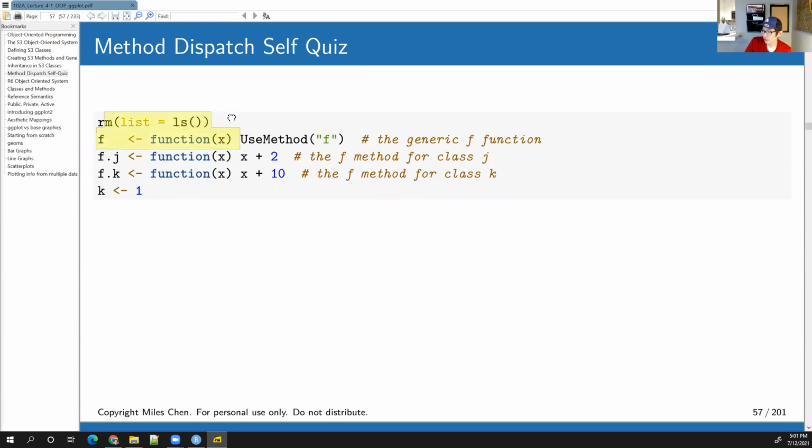Here I'm just clearing the environment. f is going to be a generic function; we're creating a generic function using UseMethod. f.j is a specific method of f that applies to class j, where we take x and add 2. f.k is a specific method of f where we add 10. And here I'm creating an object k, which takes on the value 1. If I do f on k,